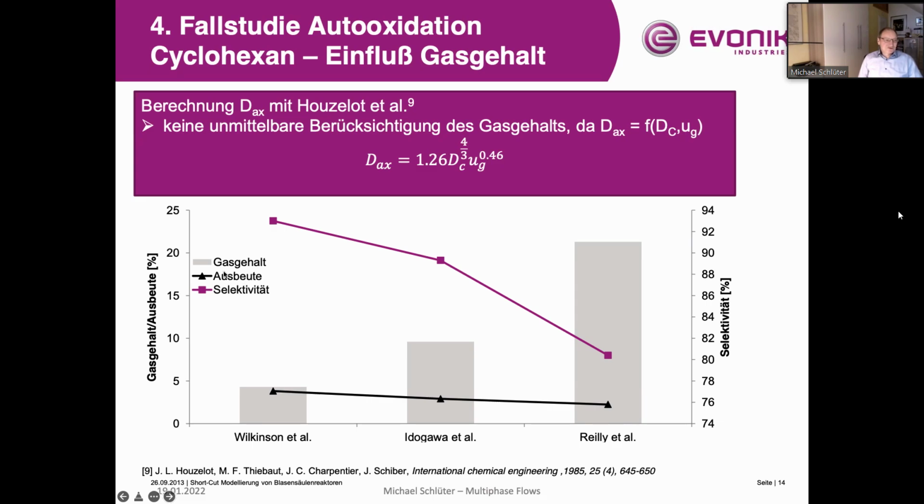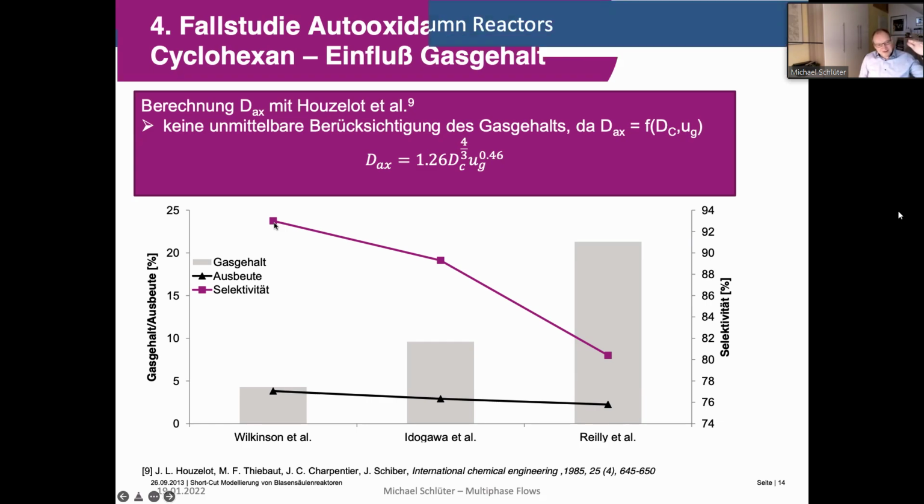And another point is, if you look at these calculations for this process, then you see that the yield decreases with increasing reactor volume as well. And also, and this is more critical, the selectivity drops. The selectivity, so the amount of product in comparison to unwanted byproducts, decreases also strongly, dramatically. Let's say here from over 90% to less than 80%. So this is a dramatic drop in selectivity,